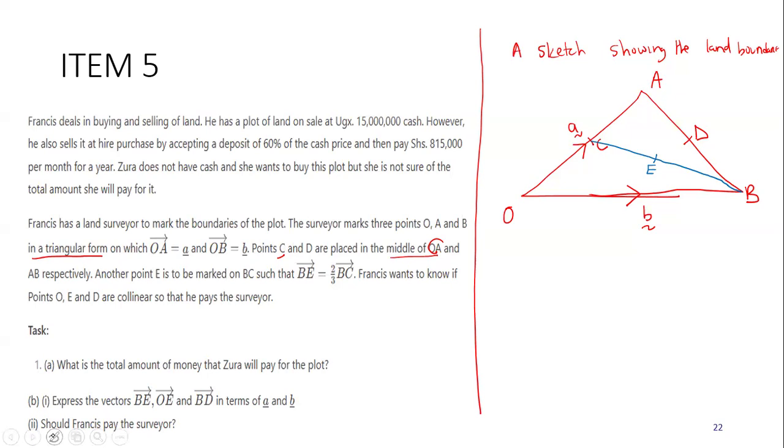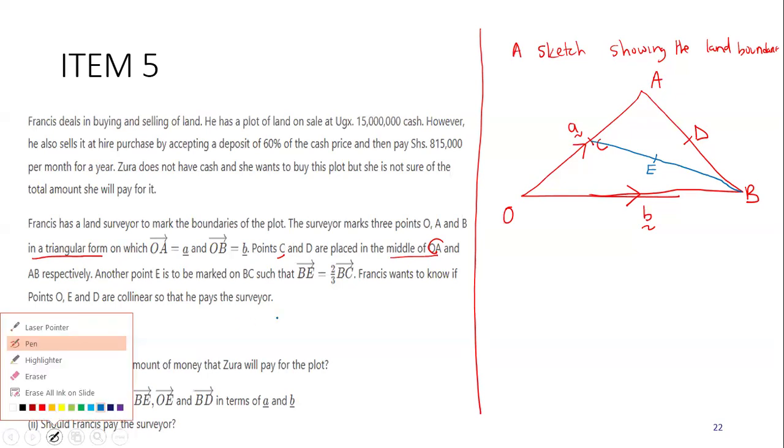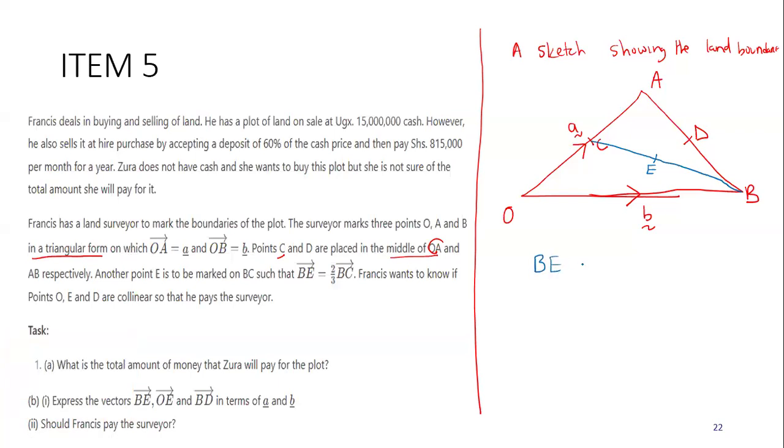Now that one is very important in order for you to know how many parts. So I'm going to first say B to E is equal to 2 out of the 3 parts of BC. Now there are 2 ways you can do this. One, I can first remove BC and take it to this side by dividing by BC, such that I have BE out of BC is equal to 2 out of 3.